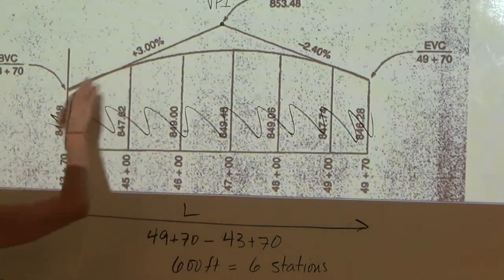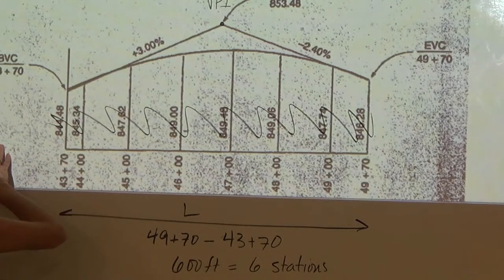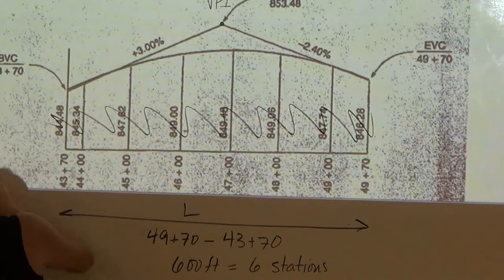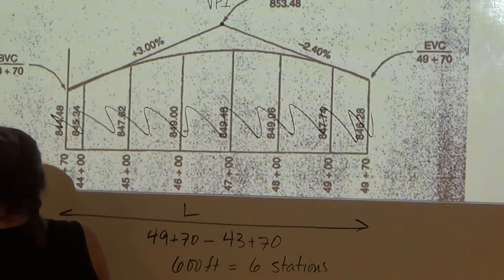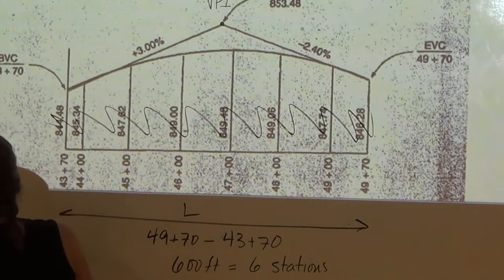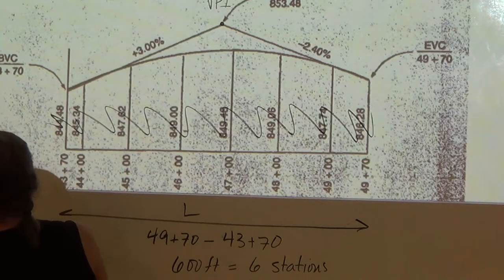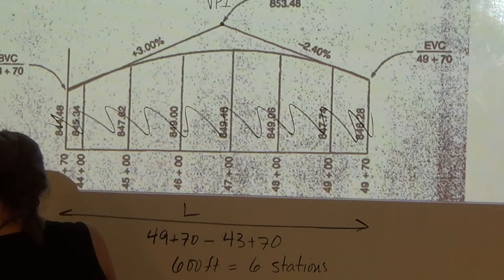9. So if the elevation of the VPI is equal to 853.48, what is the elevation of the beginning of vertical curve going to be? 853.48 minus 9 feet, which turns out to be